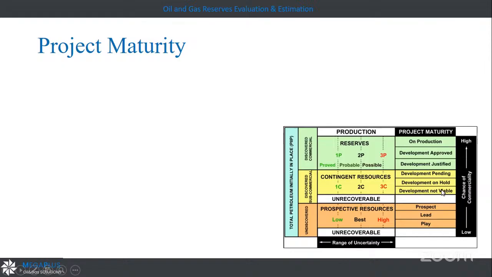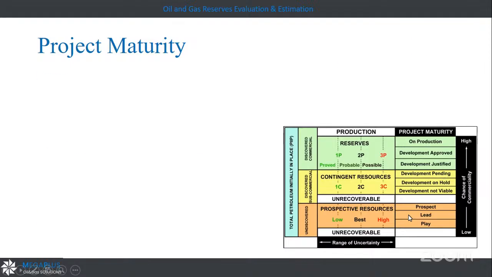If it is supported technically and through technology, but not commercial, because it's far from the oil prices right now to be produced, it will be on hold. Pending, when, as an example, if the oil price is $50 and when it will be 60 it will be commercial. So I'm saying that this contingent resource is development pending on the price, as an example.